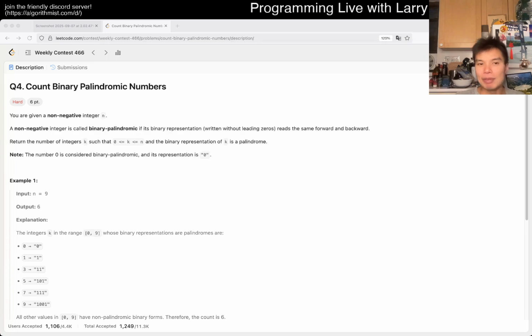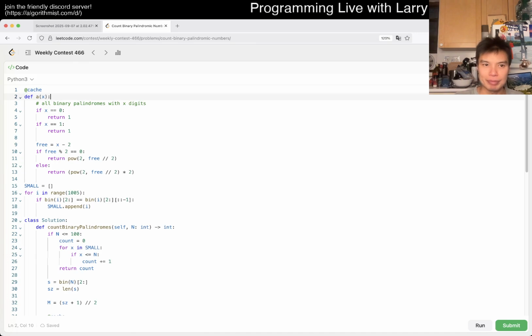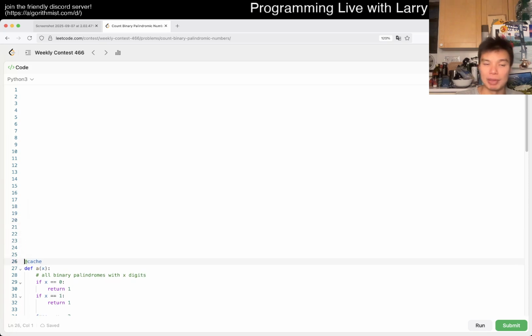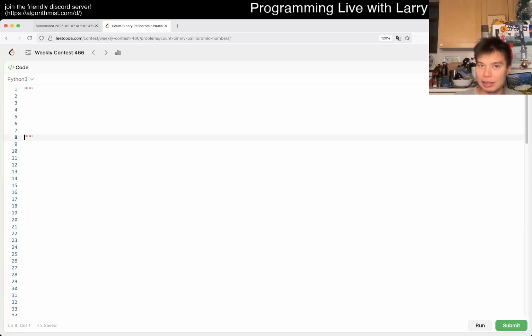But the idea with a palindrome, and this one maybe I don't need the drawing that much anyway, is a sort of case analysis, right? So what is a palindrome? A palindrome is something where the first character is equal to the last character, and so forth inward. And as we said, we have 2 to the 50, right? So that means that we only have a freedom, if you will,